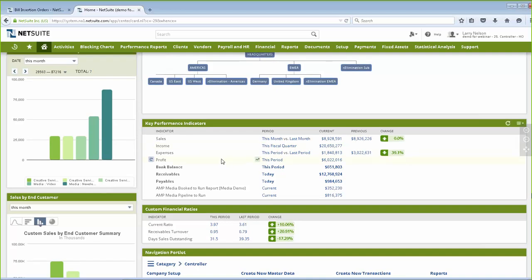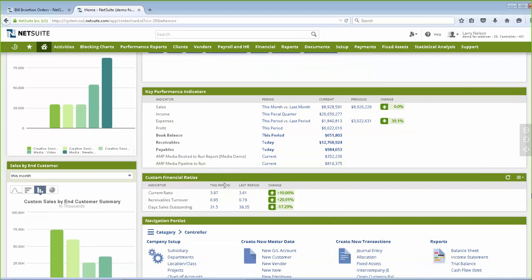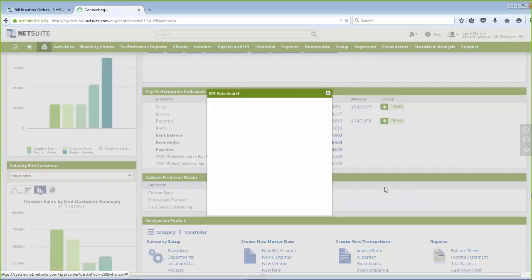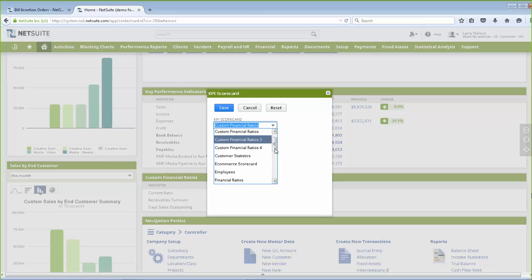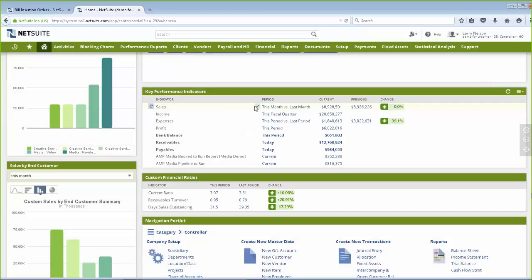Great. So lastly, I want to talk about some of the reporting that's in the NetSuite system. Again, we had sort of talked about some key performance indicators. I can also have some financial ratios on my dashboards that might be key to me. Again, we've got a number of out-of-the-box ratios and key stats that you might want to have on your dashboards, but you also have the ability to add in any type of custom ratios that you would like to have in the system. And again, I've got the ability to drill into any of these features, such as my DSO, as well as see how any of these are trending over time.